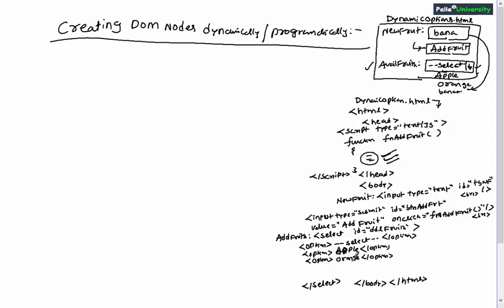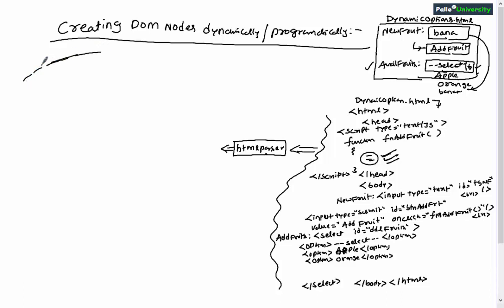So whatever the options you wanted to show inside the drop down list, initially you will be including all those things, right? Now we already know that when this entire HTML content is sent to the HTML parser present in the browser, obviously we know that the HTML parser will be converting the complete HTML code into DOM representation. Now I would like to show you that corresponding DOM tree representation.